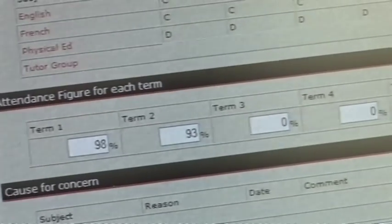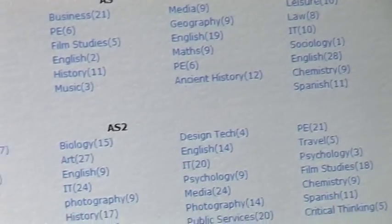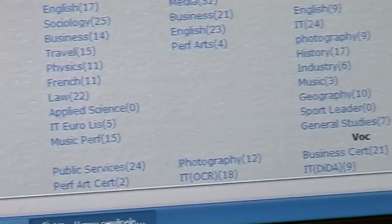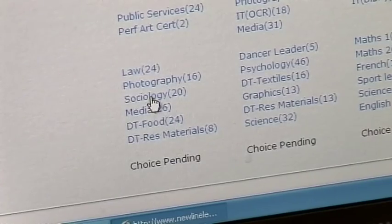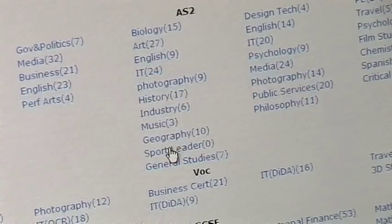So we created this real-time system, and then as a mentor was running an interview with a student, the platform was recording those allocations. That allowed us to monitor course membership and whether there was capacity for increasing the number of groups in that subject. It's internet-based, so we could do this at any location in the school or even off-site. So if, say, a youngster couldn't get into school for a few days, we could have done it in their